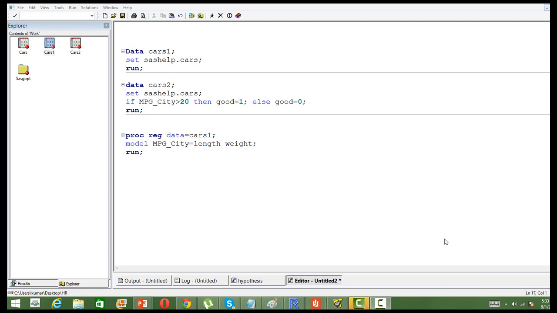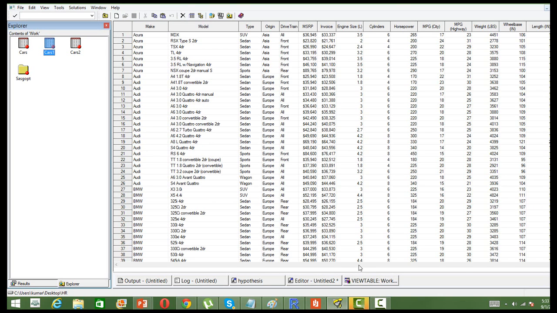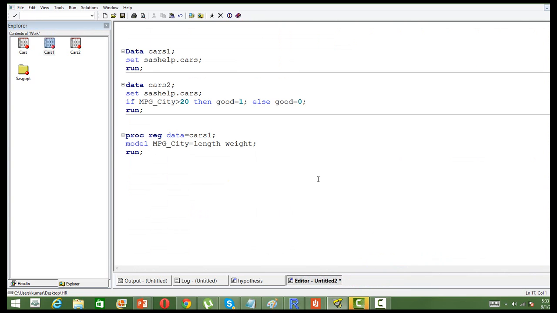In the last session, we saw the differences between linear regression, simple linear regression, and multiple linear regression, and we also learned classification technique. I'll take the same dataset that I used in simple linear regression, just that this time I'm going to have more independent variables. It's about the number of cars and the details about the cars.